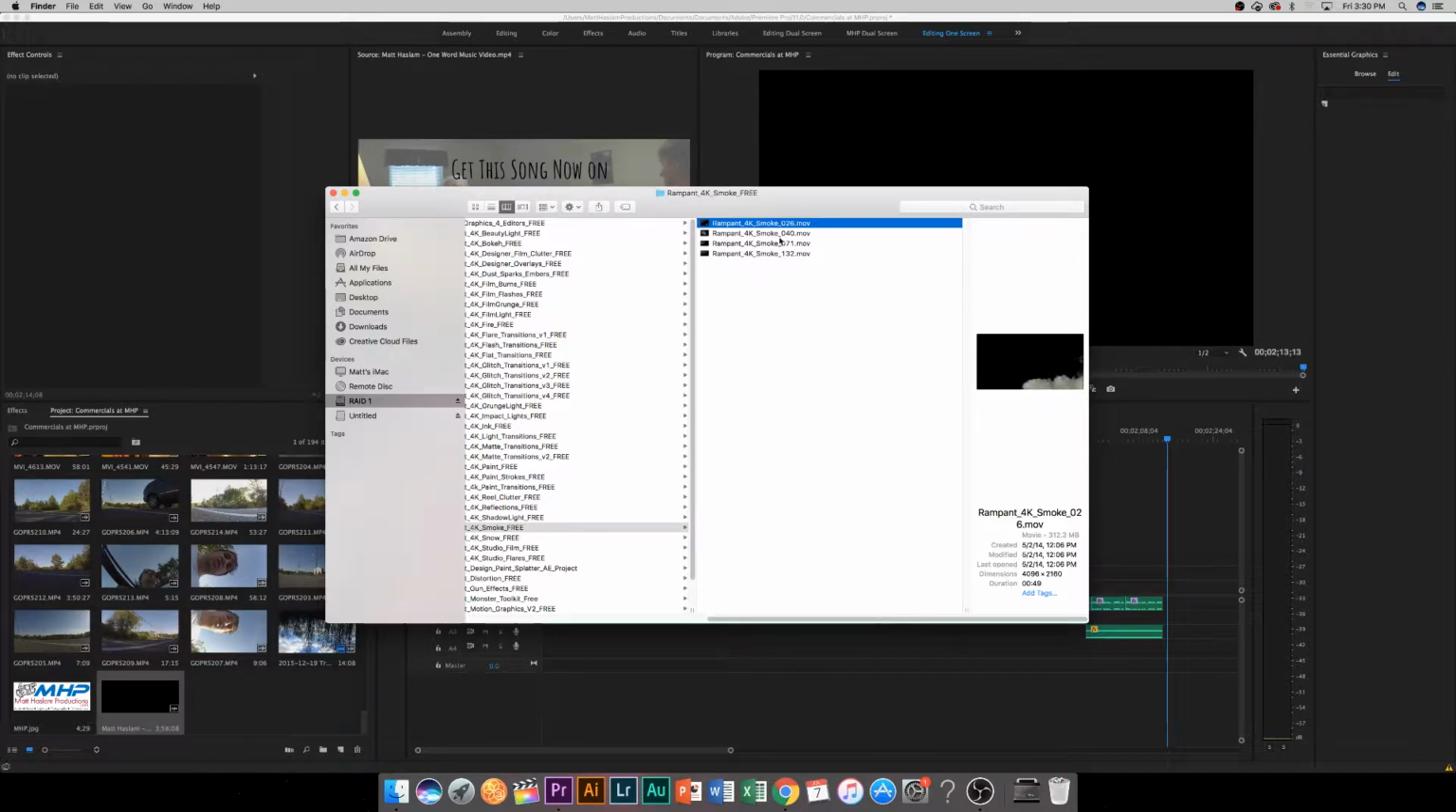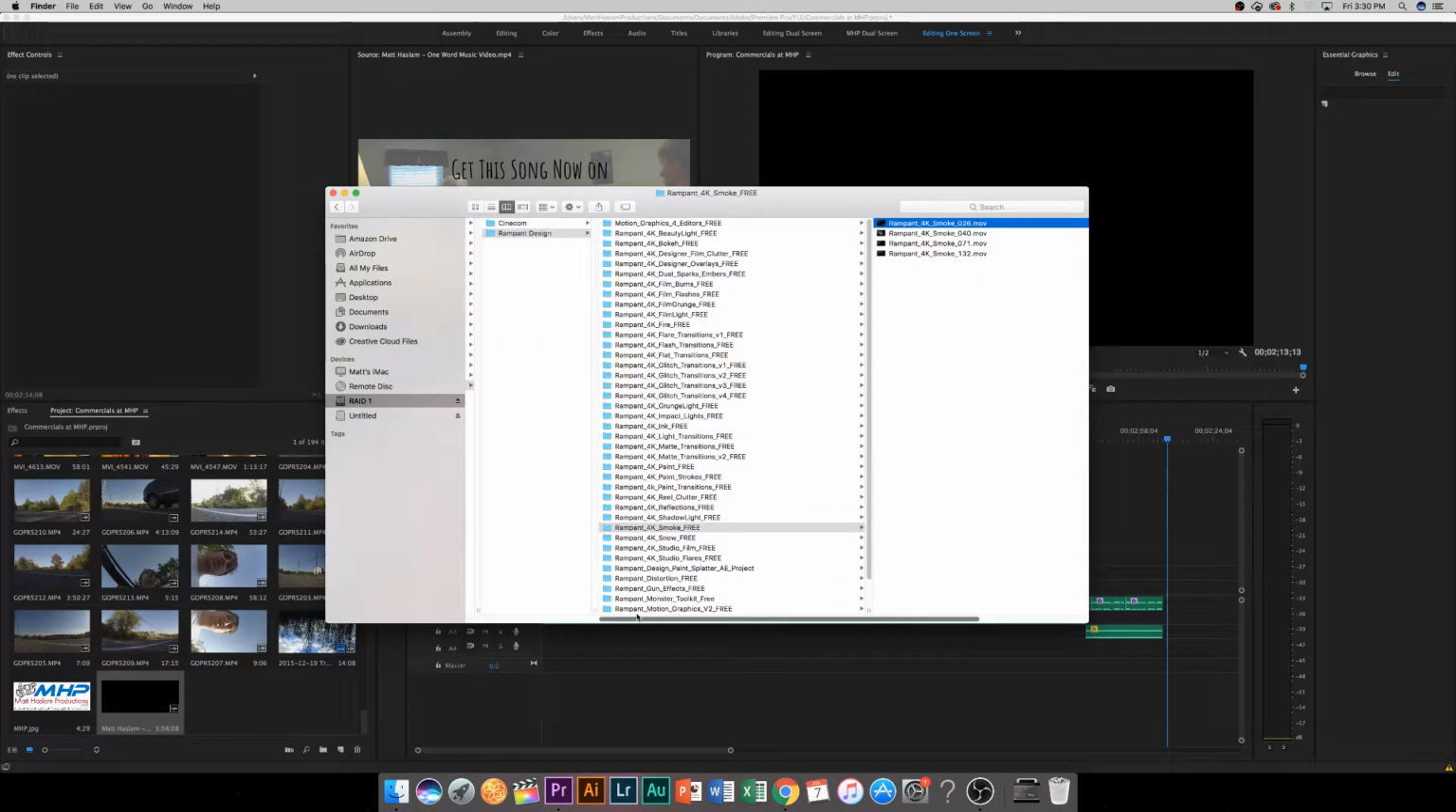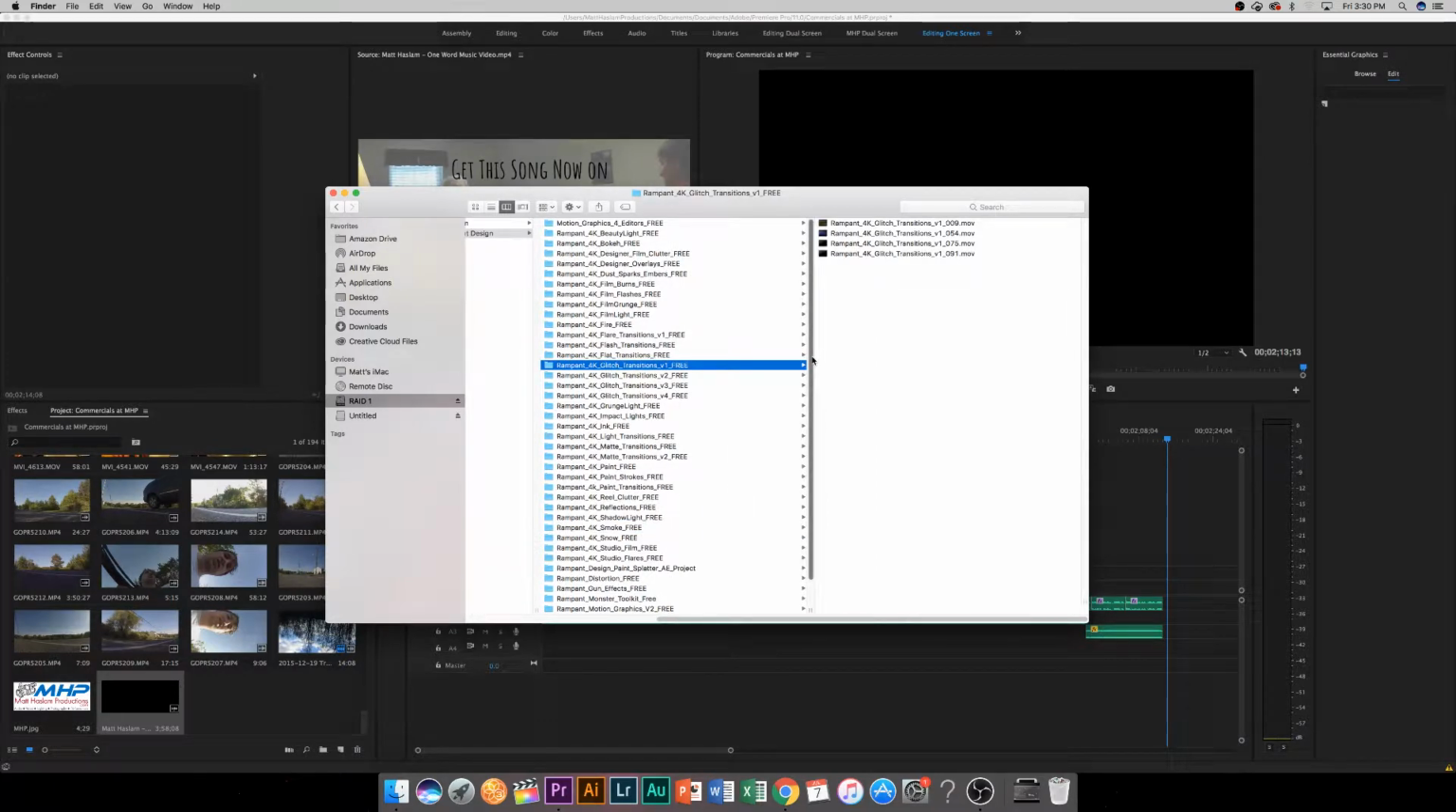There's a lot more in their actual smoke pack that you can buy. If you're doing a bunch of work that requires smoke assets, then you might want to buy that pack, and they're relatively inexpensive. For me, I generally just use the ones that are in here, like glitch transitions. I use those a lot for my work. This way, I have some sort of little transition to get into the next scene,